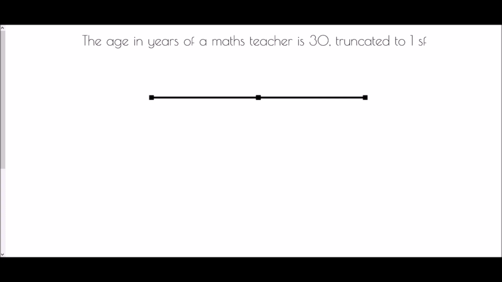And finally we start looking at truncation again, but with significant figures. So the age in years of a maths teacher is 30, truncated to one significant figure. So first of all, we know that means 30 is right in the middle, and it's been truncated to one significant figure. So it's been truncated here. Now that means that we're talking about the nearest 10, 20 or 40. But the thing to remember here, the word truncated, it means it's been cut off, it hasn't been rounded, and